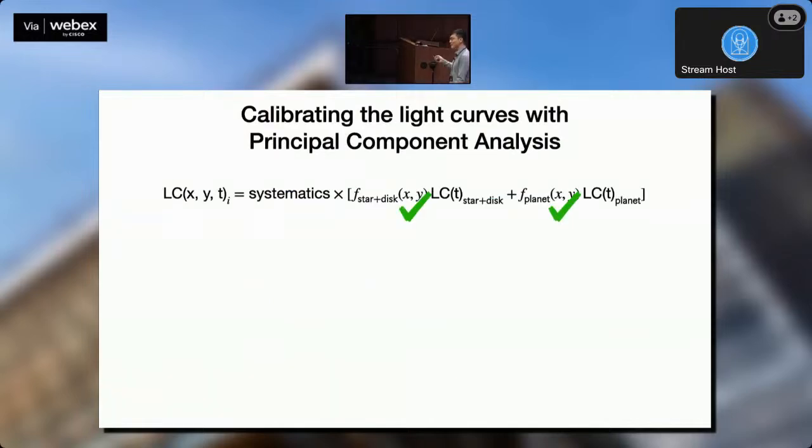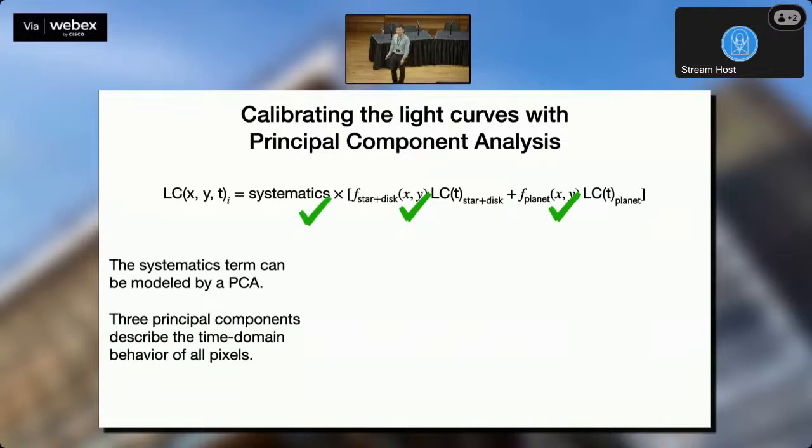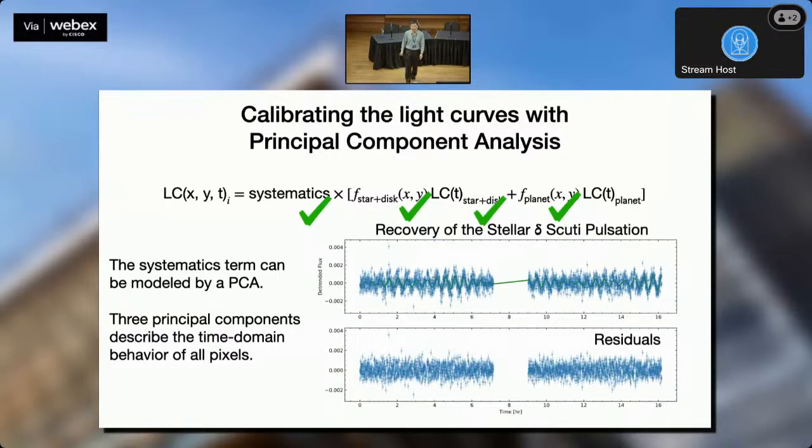If we look at the rest of the curve, there are some wiggles and bumps, and we can actually use a principal component analysis to model it. Using just a few terms, no more than 3 terms, we can take it out in a pretty clean way. And the evidence of that is, if we apply this principal component analysis correction to the data, even if the star has 90% of its light blocked by the coronagraph, we can still pull out this tiny little bit of oscillation because of the stellar variability.